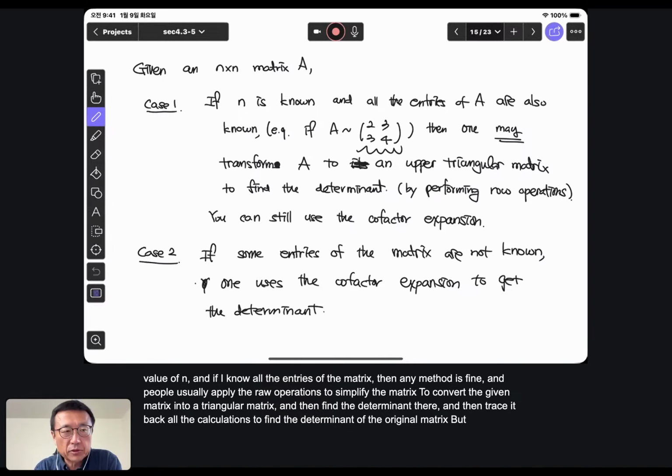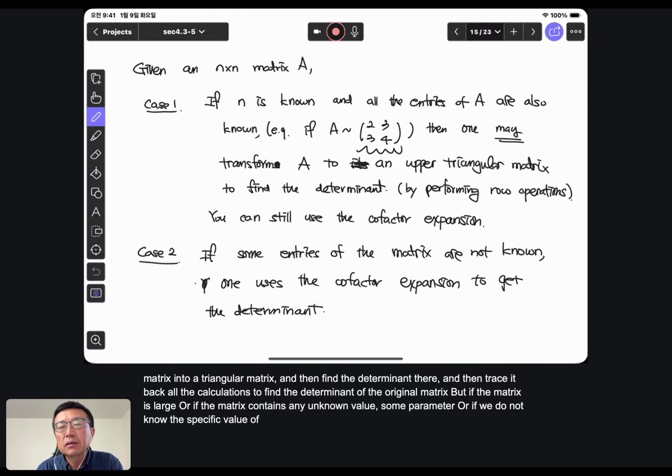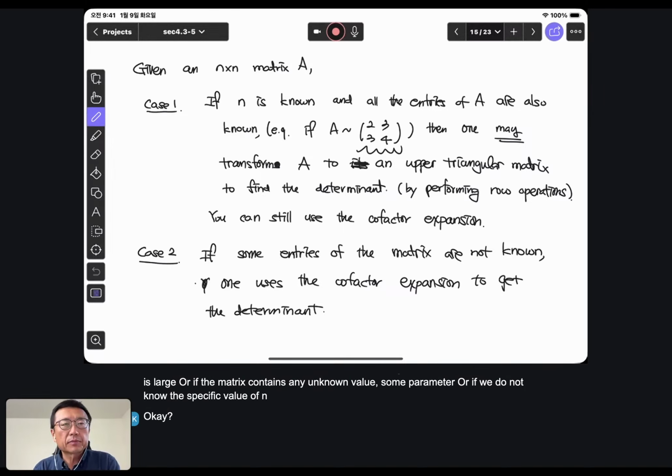But if the matrix is large, or if the matrix contains any unknown value, some parameter, or if we do not know the specific value of n, okay, in that case,